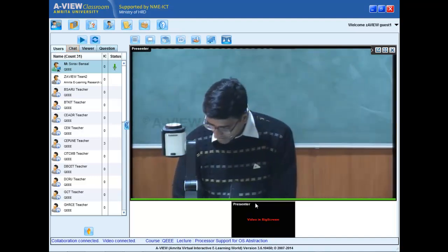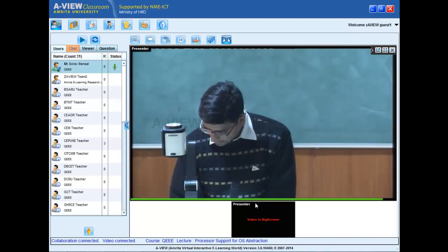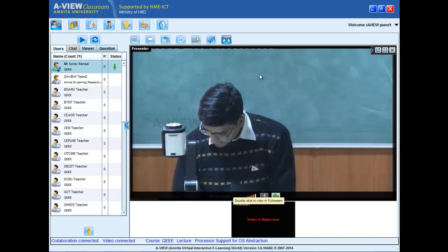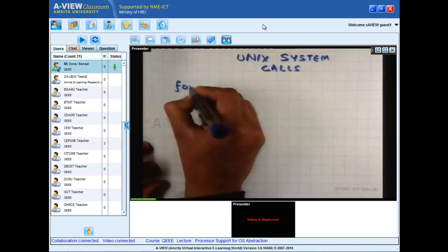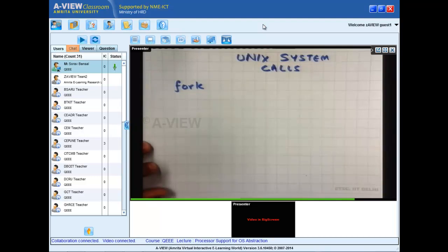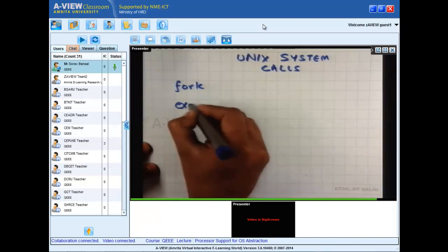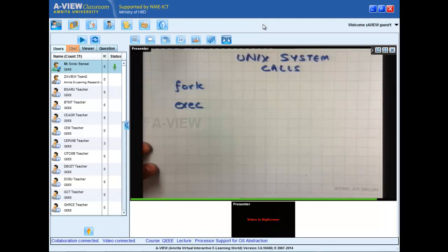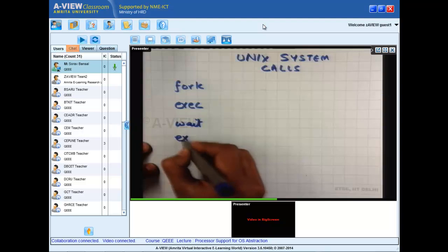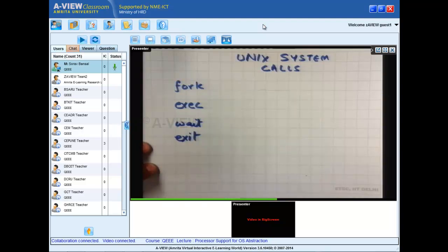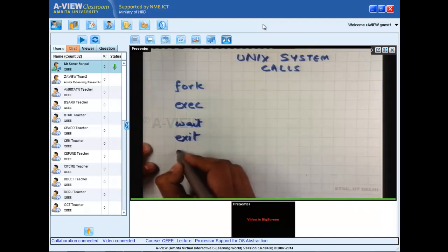We've been looking at UNIX system calls. We looked at fork, which creates an identical process to itself, exec, which replaces the current process by another program, wait, exit. Exit basically allows a program, a process, to finish. Wait allows one process to wait for another process to finish. Right? Then the other types of system calls we saw were open,